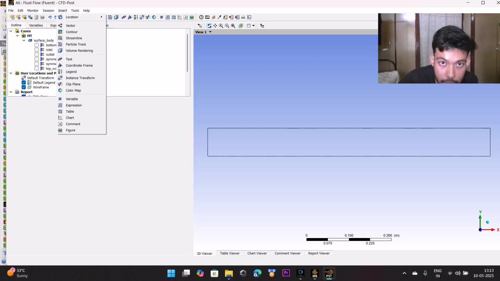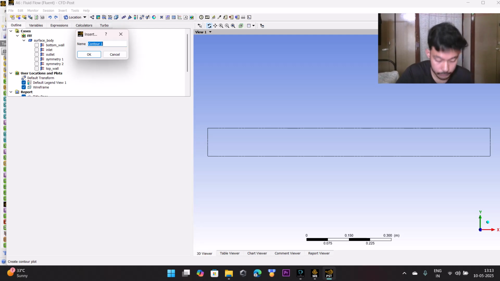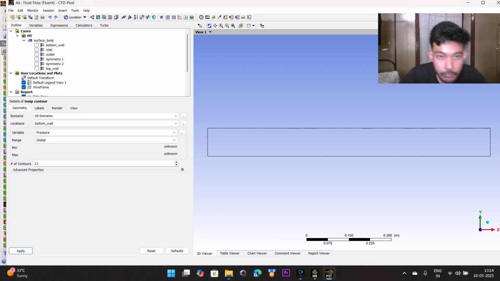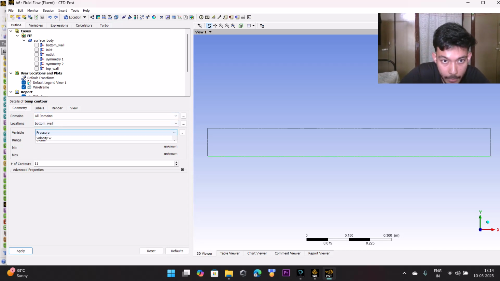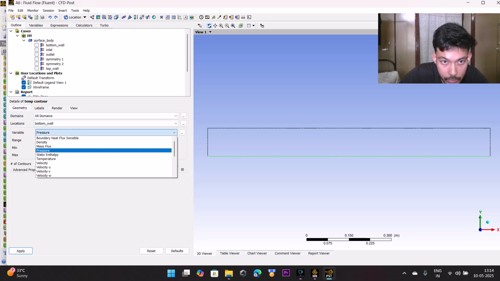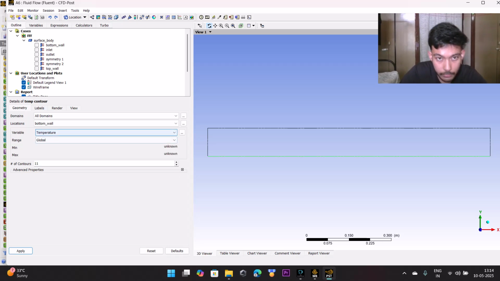We'll go here, insert, then contours. We will name it as temperature contour. We'll change the variable pressure to temperature, and